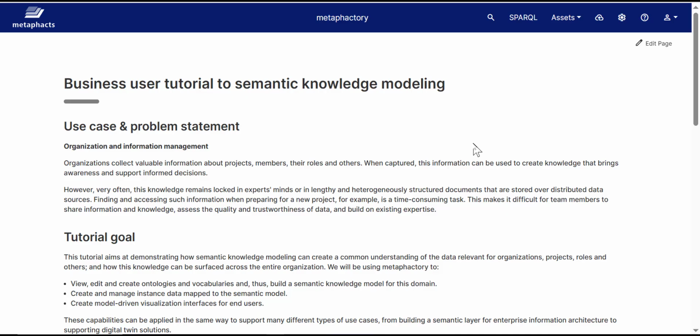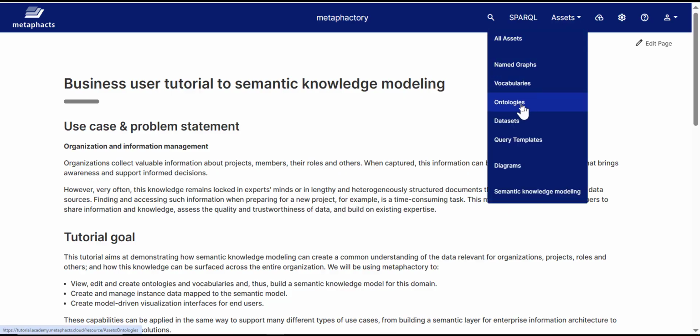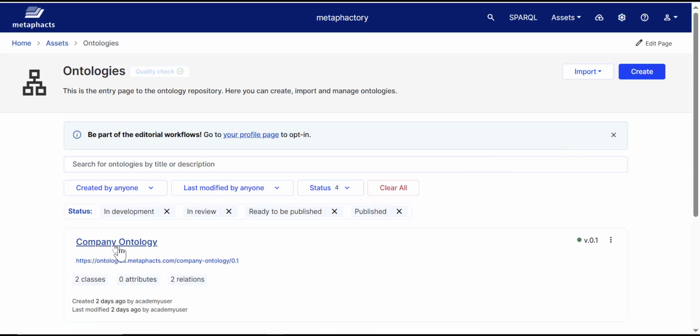Hello everyone, and welcome to this tutorial video, where we'll explore metaphactory's abilities to interlink ontologies and vocabularies. So let's get started. In the ontology modeling chapter, we created a company ontology that reused some of the classes